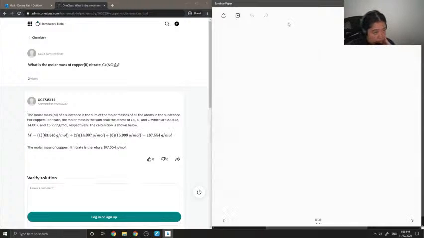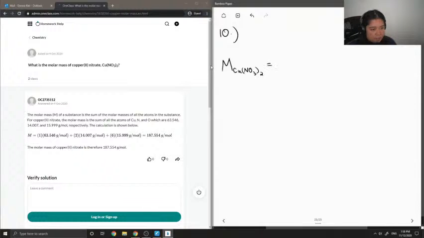Okay, so on to question number 10. What is the molar mass of copper II nitrate? So they have the formula written here. Okay, so to calculate the molar mass of copper II nitrate,